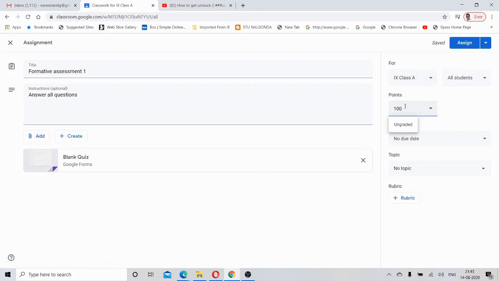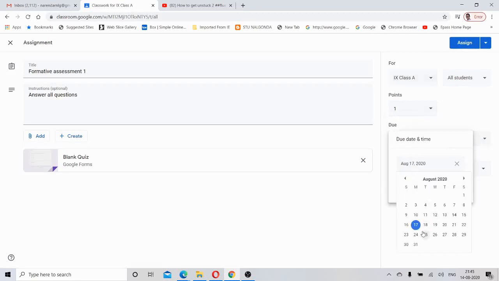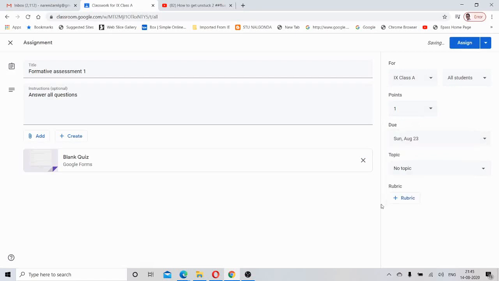And now again go to this. As there is only a single question in this quiz, I want to limit it to 1 point, and due date, go to due date and select the date and time. And after that, topic. So for formative assessment, this is a quiz in listening. Yeah, rubric. As this is awarded 1 point, you need not go for rubric, directly you can give the grading and click on assign. So automatically it will be assigned.